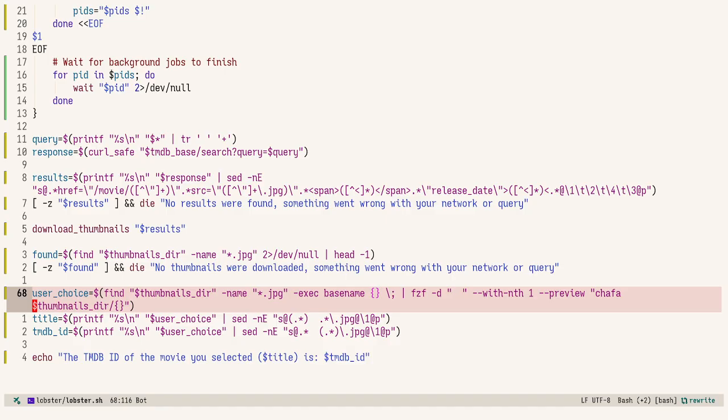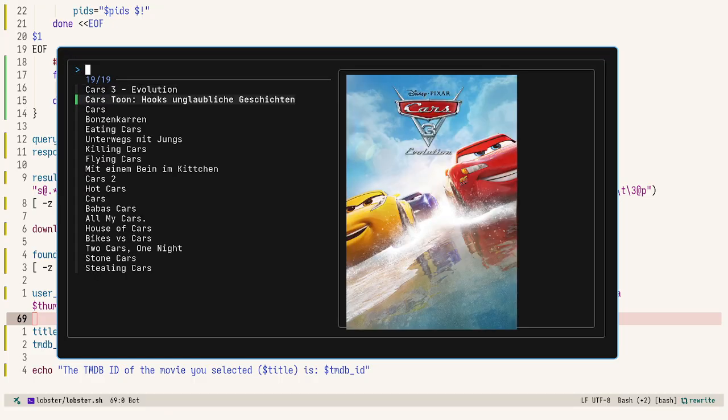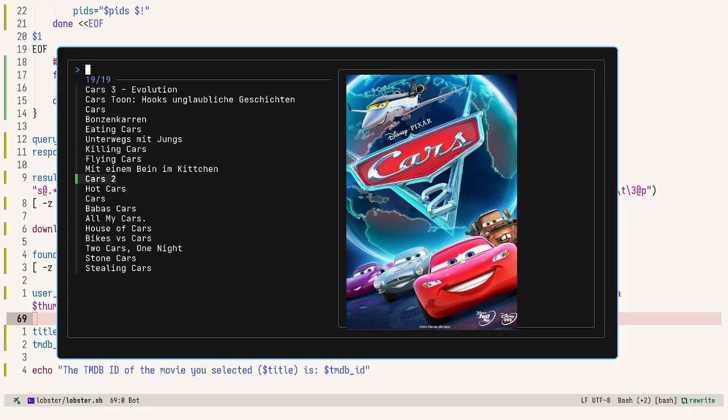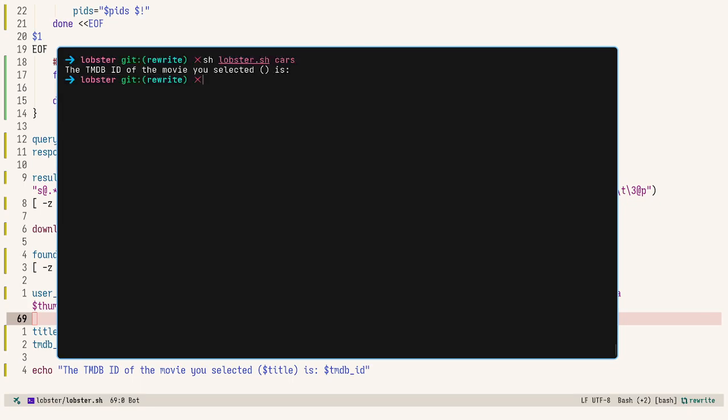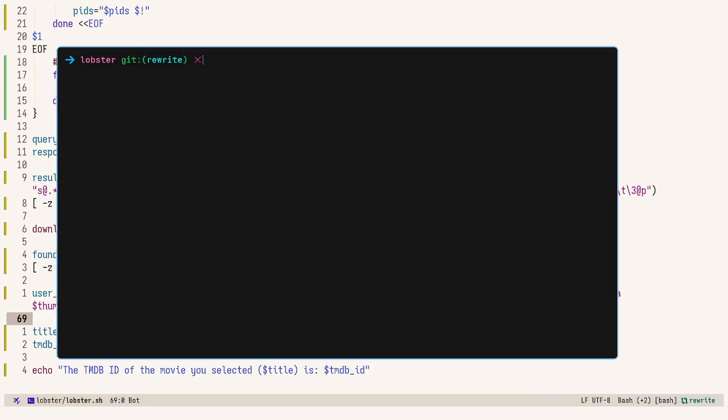Maybe, no, it's not okay, because I also need to check, because let's say, for example, we look up cars, and then the user, because the user is dumb, instead of clicking on something, just presses Control-C and exits without choosing anything. The script continues, but I don't really like that, so what we're going to do is capture the return code of the last command. The way you can do it in shell, I think, is $ question mark, if I remember correctly. I can do